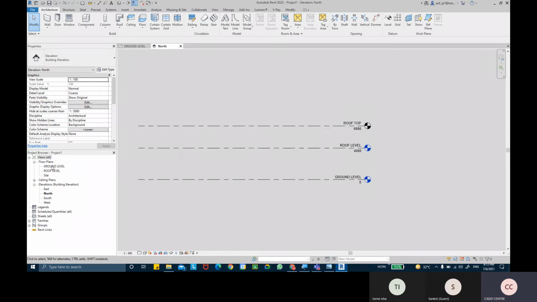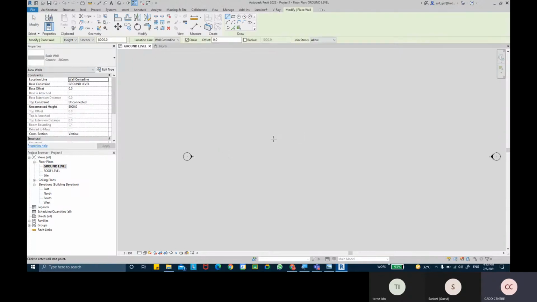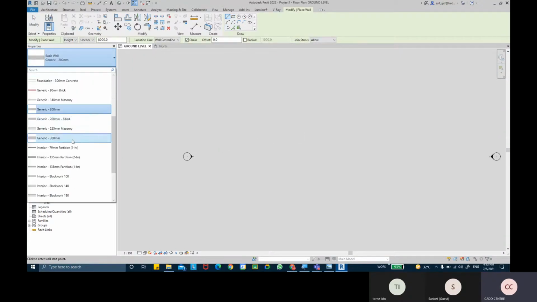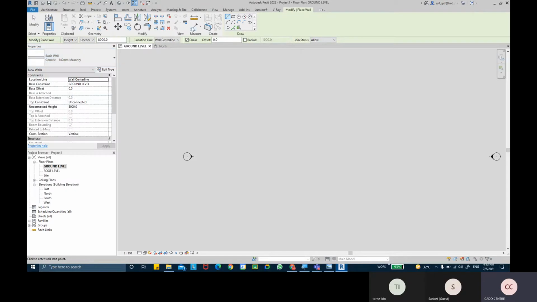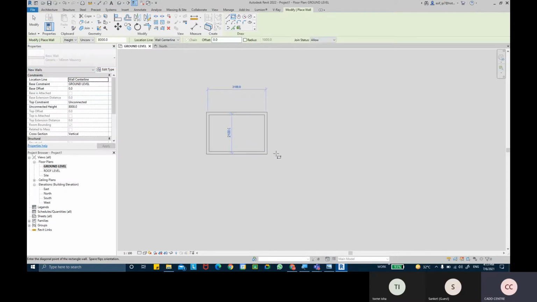And I'm going to come to the ground level and quickly create some walls over here. So I'm going to create a couple of simple walls, picking a rectangular shape wall.